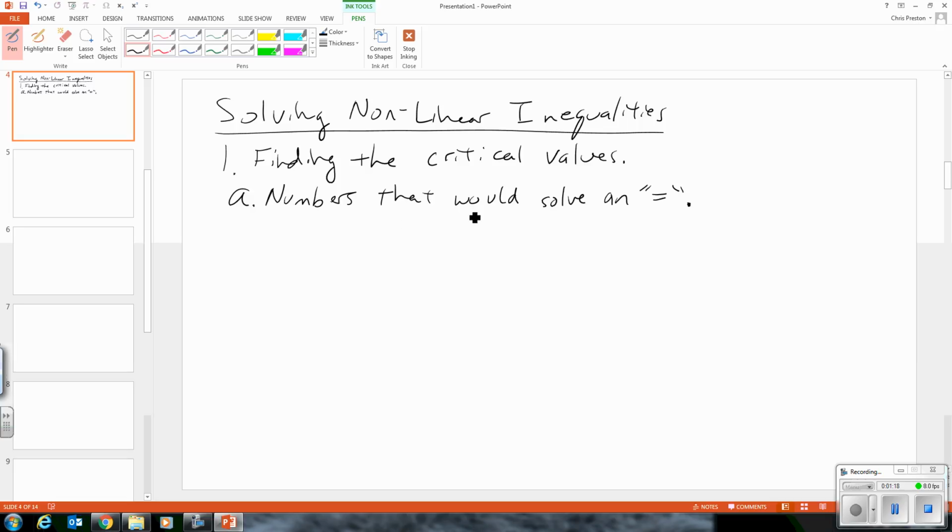So those are one type of critical value in the sense those are going to show up for polynomial expressions, those are going to show up for rational expressions. You're always going to have this first type. Now that doesn't mean you always have a critical value in this category, but you always start by looking for that. The second type of critical numbers